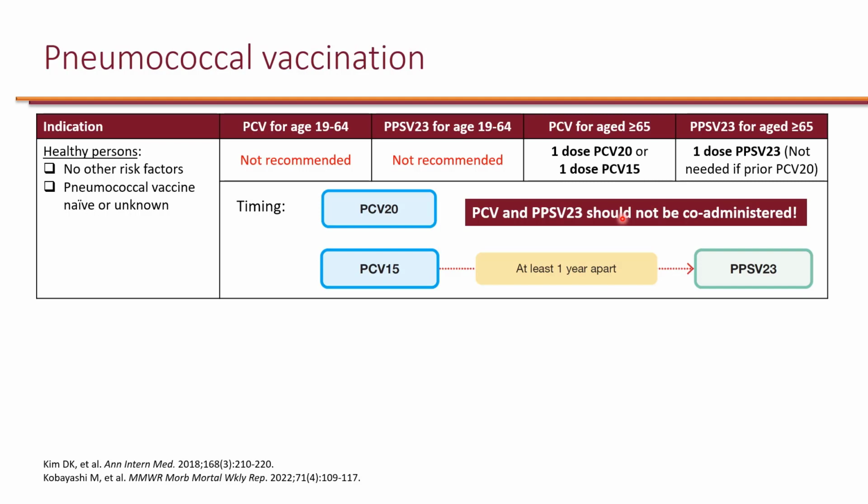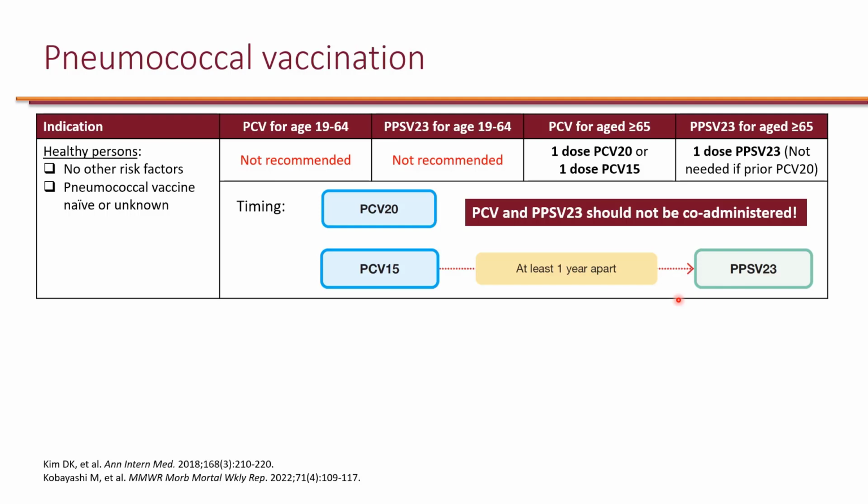There should be a large time gap between them, recommended to be at least 1 year. So here's what the timing looks like. Obviously if somebody gets PCV20, they're done. There is no need for them to get PPSV23, because most of PPSV23 is covered here, and PCV in general is a better vaccine than PPSV. However, if somebody gets PCV15, they will just have to wait 1 year and then get 1 dose of PPSV23,